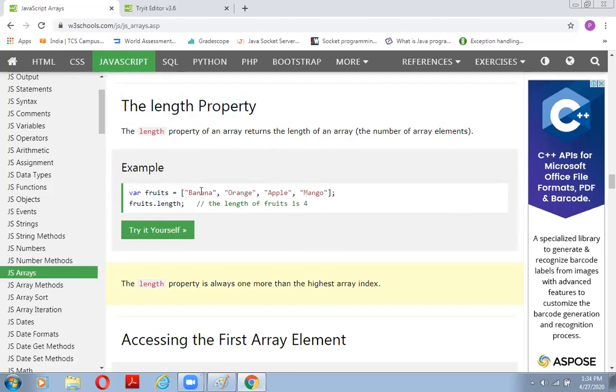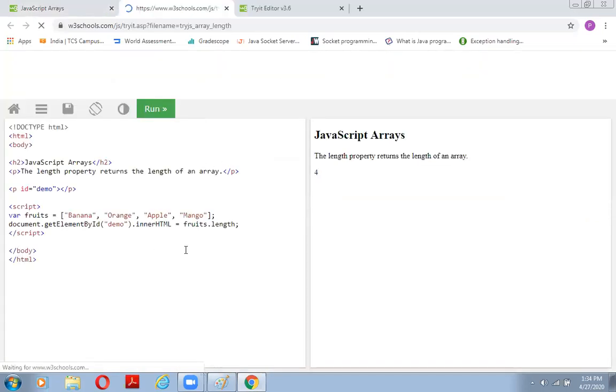So we have indexes 0, 1, 2, 3. The fruits array starts indexing at 0, so 0, 1, 2, 3, but the length is 4. So finally, with the length property, we will get the answer 4. And how will we access this length property?